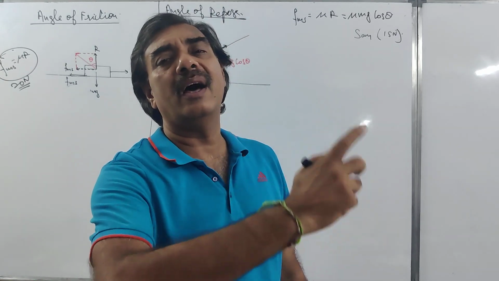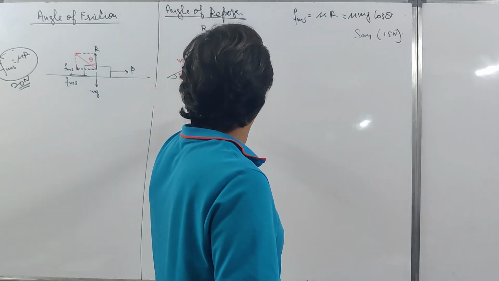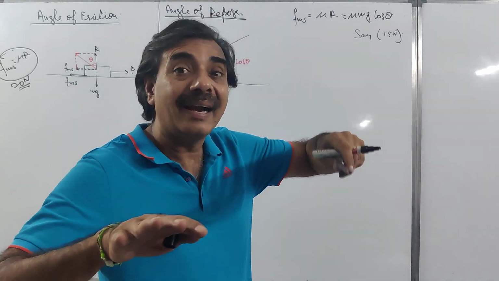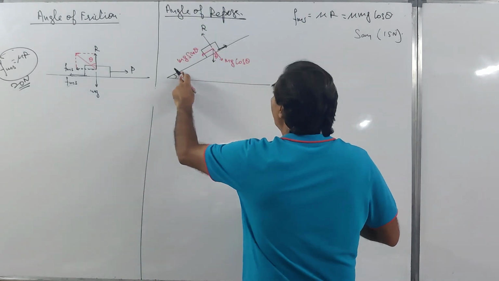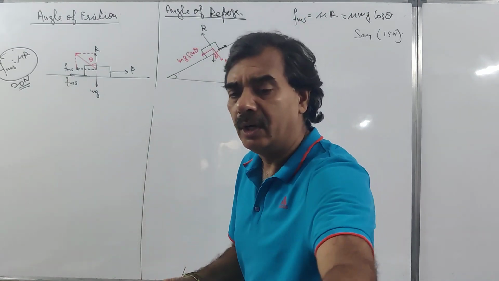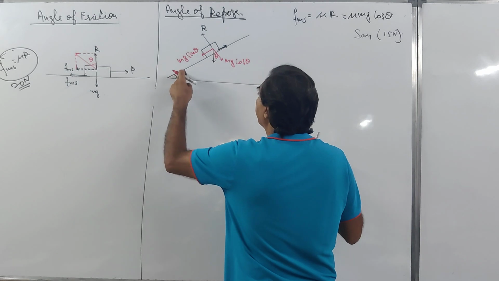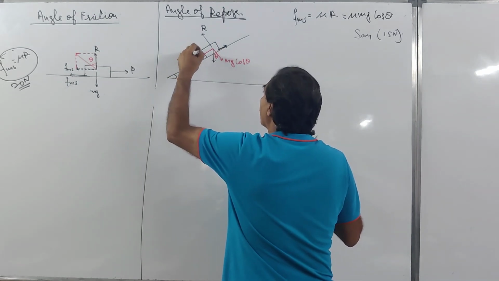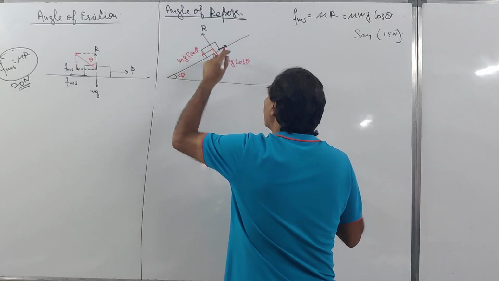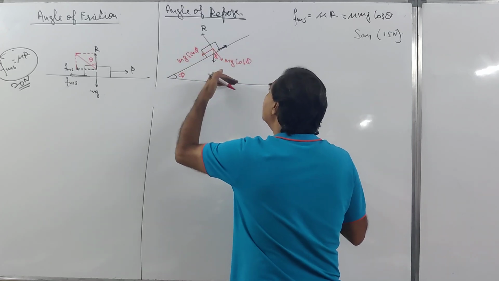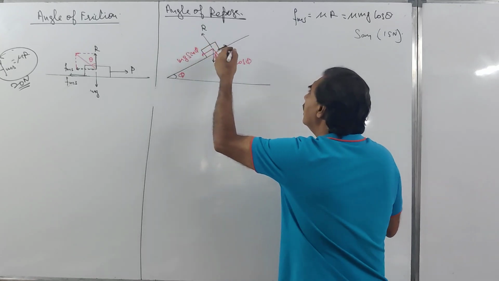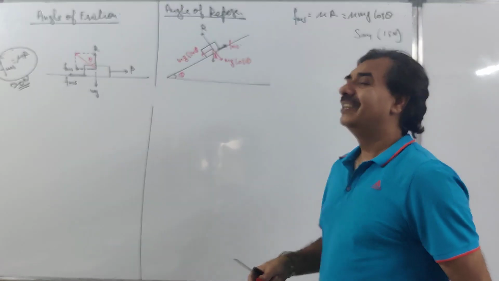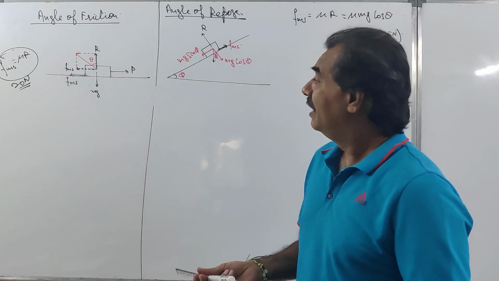कोई तो ऐसा एंगल आएगा for which mg sin theta is just equal to the limiting friction at that point. वो एंगल ऑफ रिपोज है और उस एंगल को मैं डिनोट करता हूं फाई से। जो इंक्रीज कर करके आ गया। इस वक्त यहां पे एफएमएस है, इस वक्त यहां पे एफएमएस है।